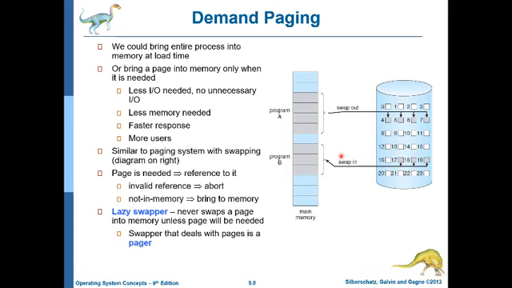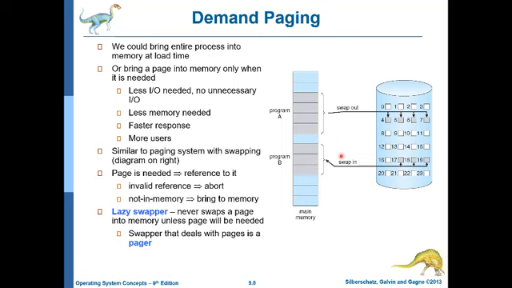So similarly, when you divide your virtual memory into pages and a page is needed, you make a reference to it and check if that page is available in main memory. If it is available, you use it. Otherwise, if the reference made is invalid, you will abort your operation, which means that the reference is made to a memory area which is not in your memory address space, so you abort that process. Or the third case is that the reference is valid but the page is not in memory, so you bring in